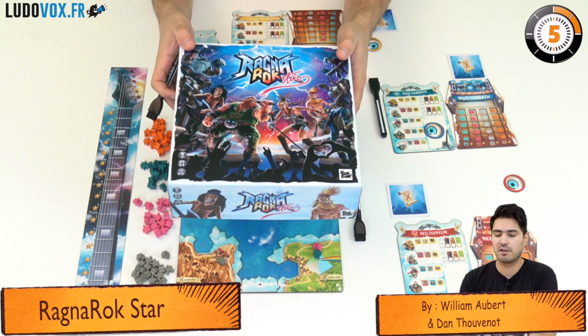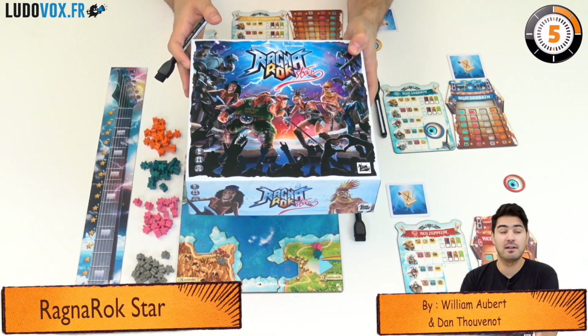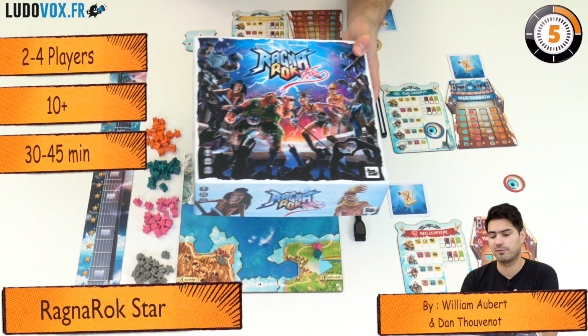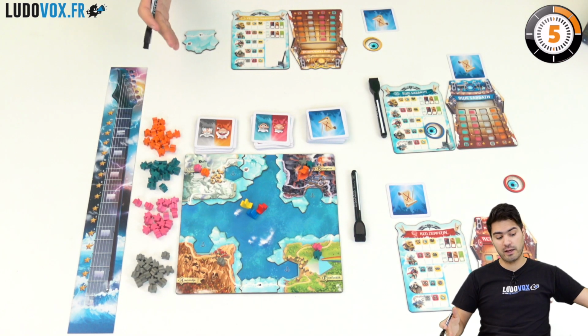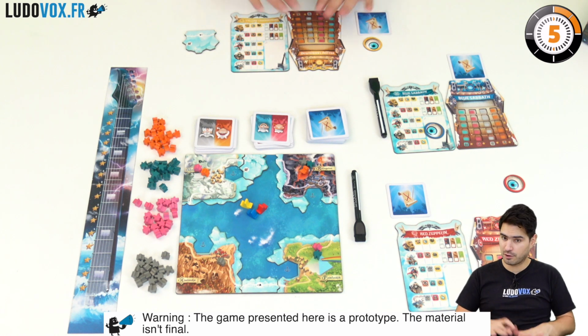So RagnaRok Star is a set collection game, and also a planning game. It is a game for 2 to 4 players, ages 10 and up, and it plays for around 30 to 45 minutes. In this game, you play as a Viking rock band, and you have a concert hall you need